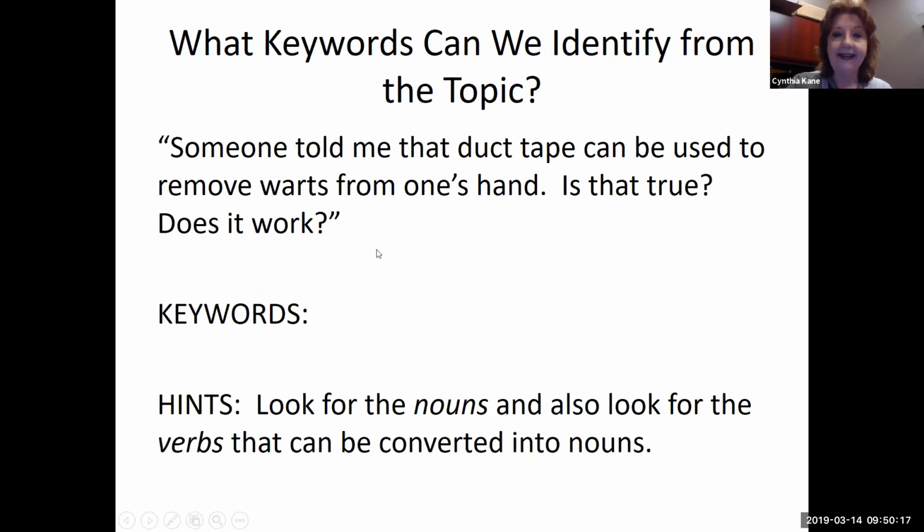So going back to duct tape can be used to remove warts from one's hand. If I'm going to start searching for information, I want to start identifying keywords such as duct tape, warts, perhaps removal. I can take nouns from the particular topic, but I can also look for verbs, which is why I took the word remove and turned it into removal, and I can convert that into a noun that I can use to find information as well. I could do truth, I could do myth, work,